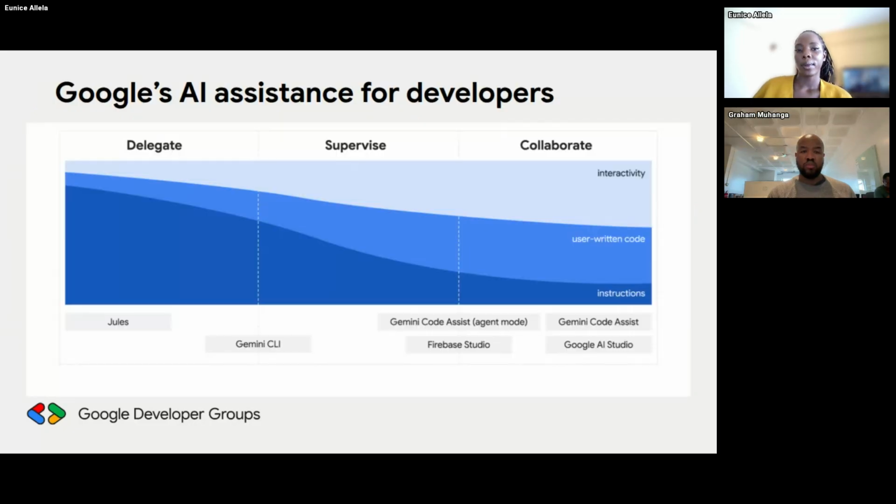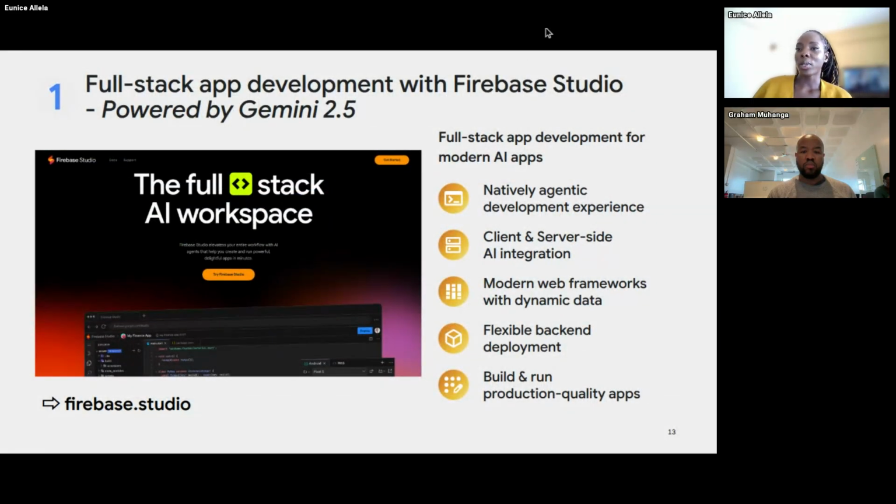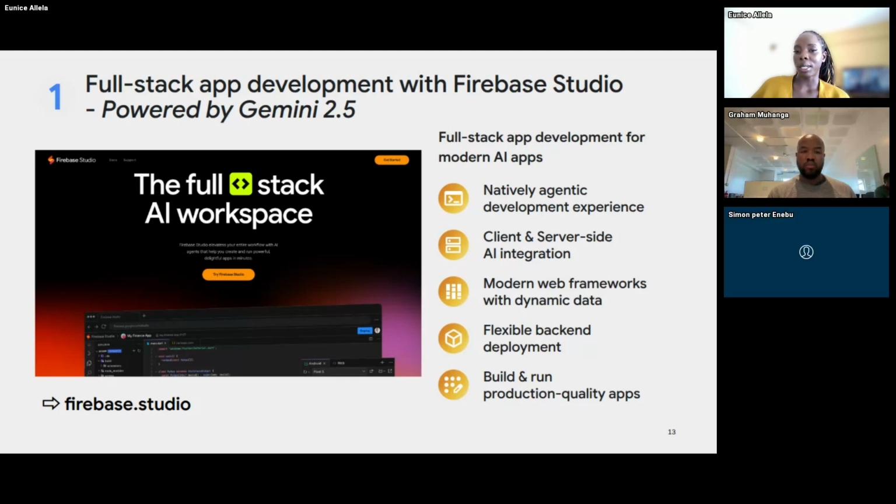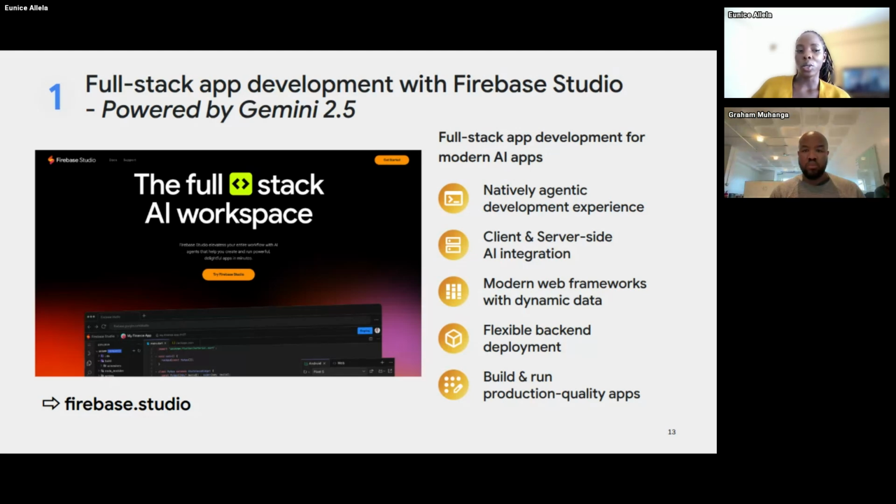Okay, let's just jump in. So the first one is for those of us who are going to be very, very new to this. You are going to get a chance to interact with Firebase Studio, which is powered by Gemini 2.5, Google's large language model. Now on Firebase Studio, if you get to that particular module, you'll get to experience the native agentic development experience on your browser. So you're going to be able to build on the IDE that is in your browser, and at the same time get the same experience that you would have gotten on a desktop.